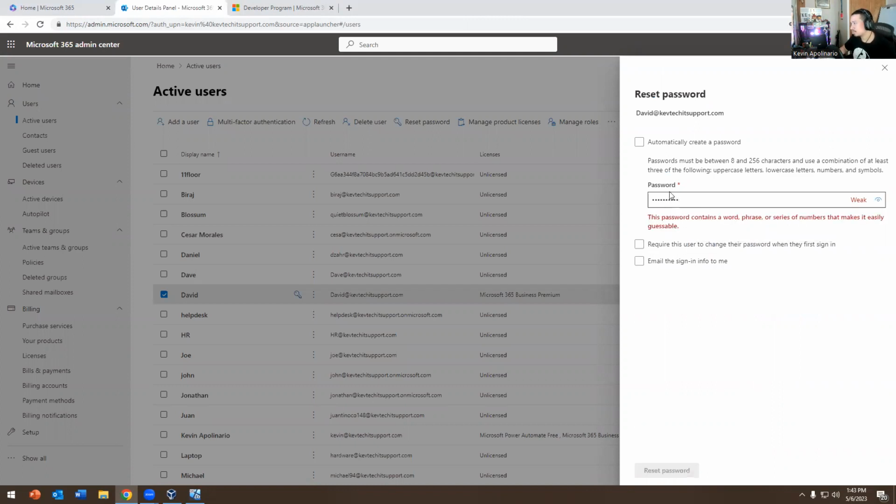And I'm gonna put 2W. Okay, that doesn't work. All right, so we're gonna do that typical password 123 exclamation point. Password contains a word or phrase user number that makes it easy to get. Okay, so it doesn't like that password. So we're gonna do